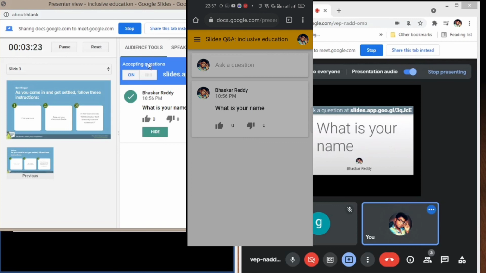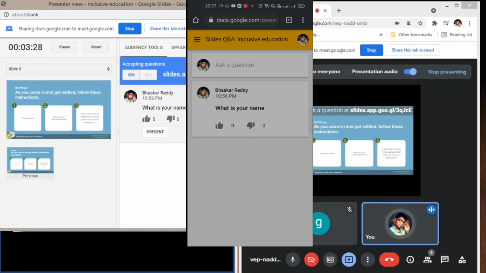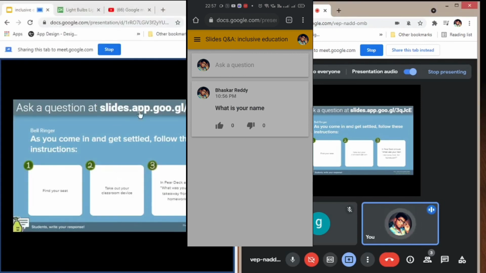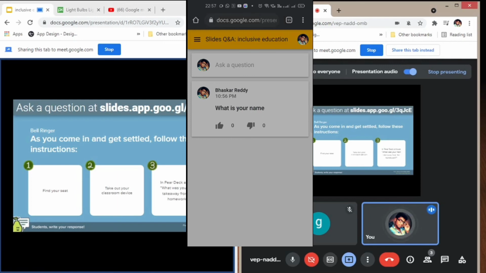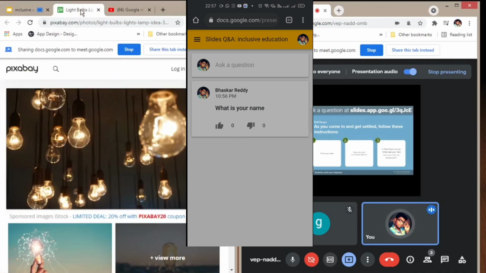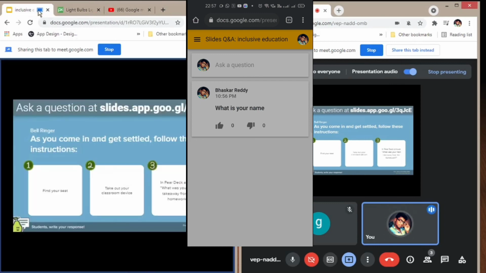Understood? And you can share this tab also, and what is not required you can hide. It can be hidden and closed. If you present like this using Google Slides, you don't need to connect two devices. One device can be used as two devices. That is one advantage of using Google Slides. And you can watch any video, any audio, whatever you are sharing as a tab, and the audio will be heard very well by them. So it's comfortable. Understood, right?